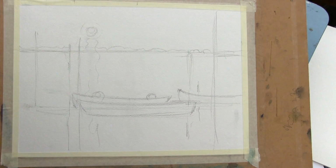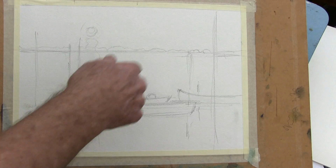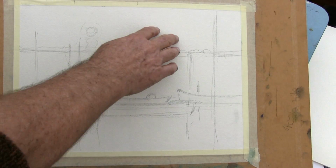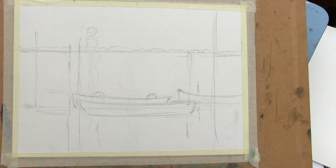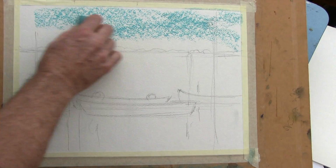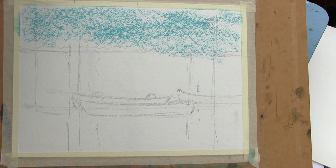So I've changed the composition of this picture to make the boats larger and bring the poles, I think, a bit more interestingly into the design. So what I want to do first of all is do a background here. And for that I'm going to use a mid-blue. In fact the background could go right the way through it, but we'll just put it down here for the minute. And I'm going to paint water onto that